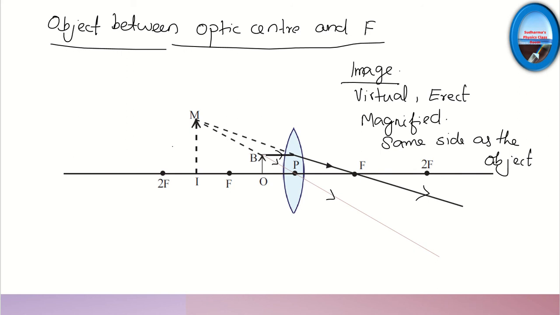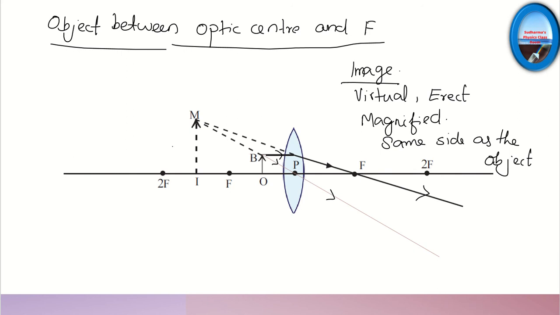Where do we use this? We use the convex lens as a reading lens, especially in libraries. When we have to read a book which has very small letters, we will be using a convex lens as a reading lens, right? So there we will be using this object position. We keep the lens near the pages of the book. We will see very large letters, so we will be able to read it properly. So this is where we use it as a reading lens.